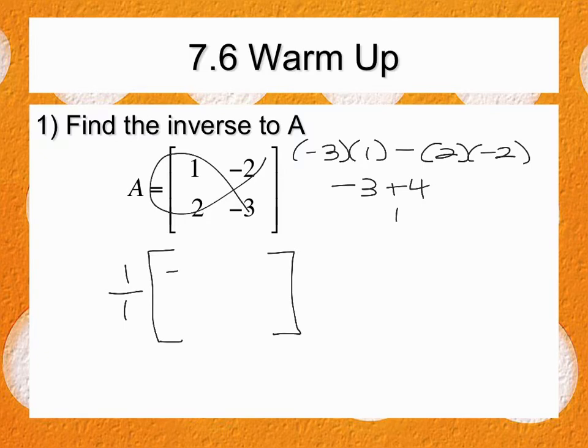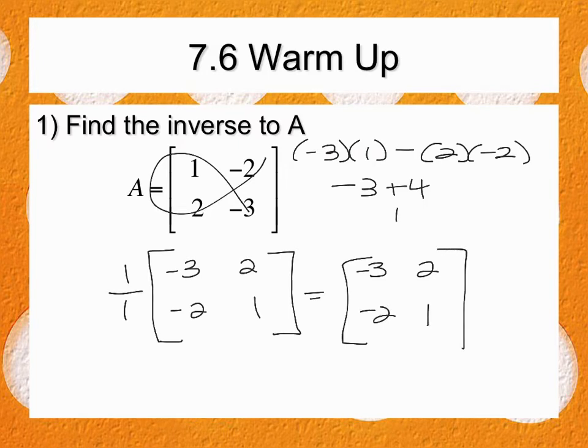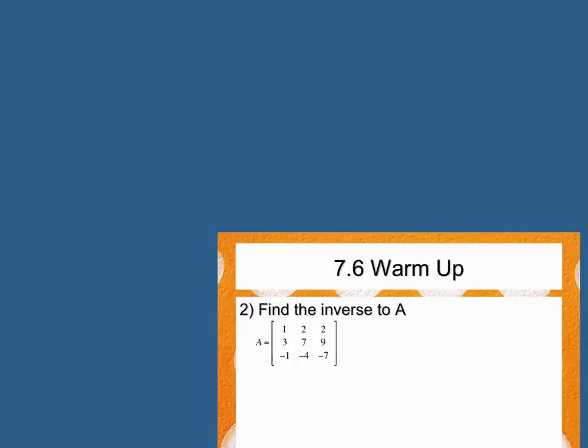Switch the -3 and the 1 and change the sign on the other two. So the -2 becomes +2 and 2 becomes -2. So this would be the result: -3, 2, -2, 1. Easy stuff, right? Everybody good on that? I have just seen people switch the wrong ones or change the sign on the wrong ones on the inside. Be careful, okay? All right, then we get to a 3 by 3, which has to go the long way